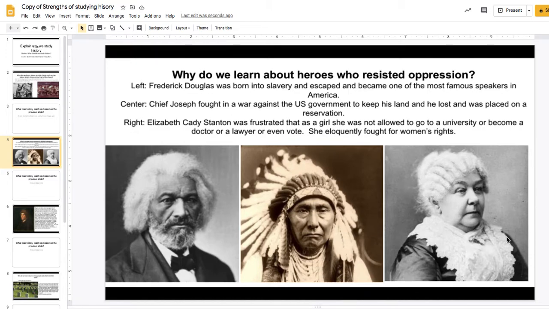This is a lady named Elizabeth Cady Stanton. She's maybe one of the main founders of the women's rights movement in America in the 1800s. She was not allowed to go to university. She could not become a doctor or a lawyer. She couldn't vote. And she gave speeches and tried to push for women's rights, and she made a big difference.